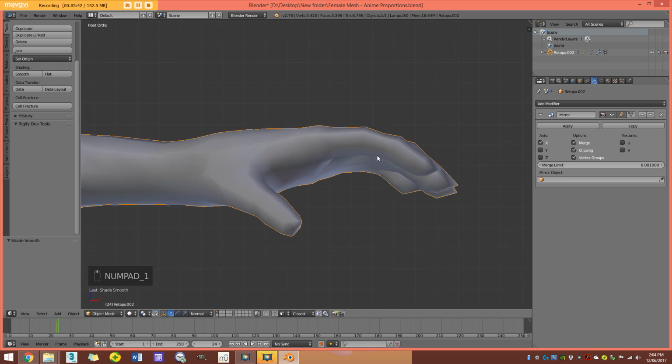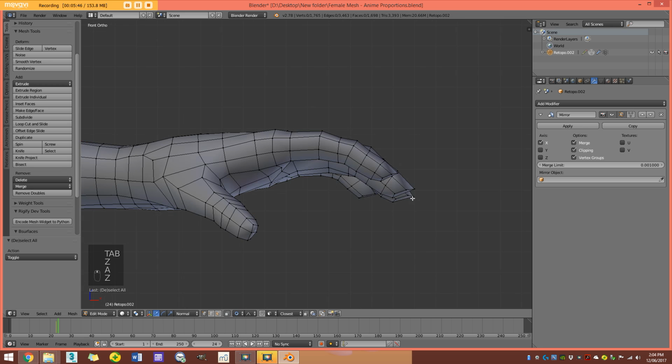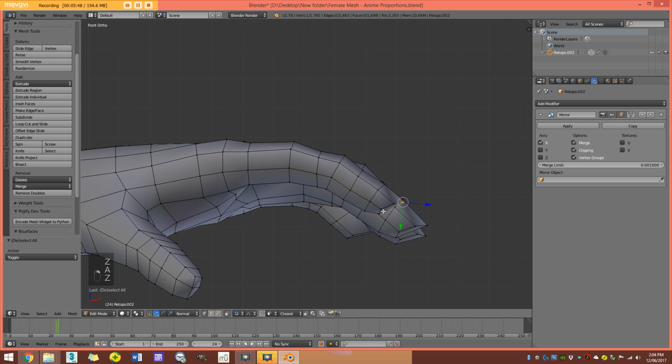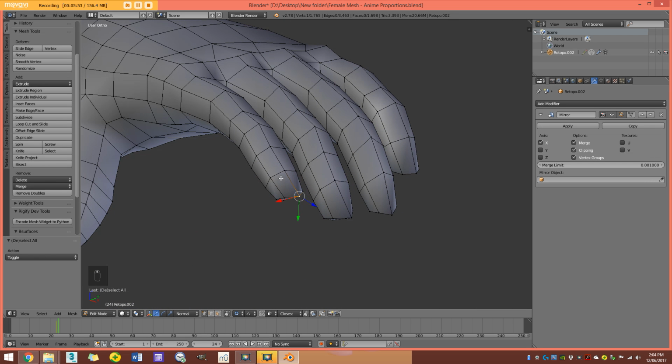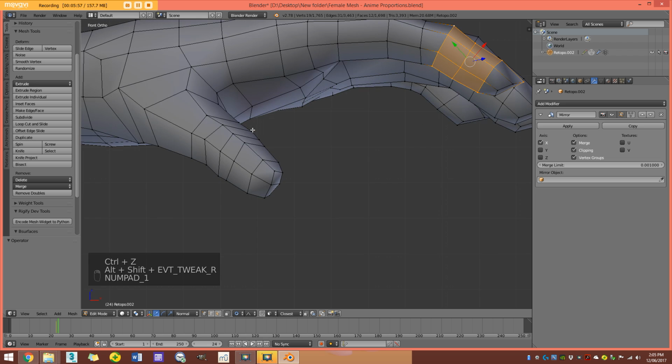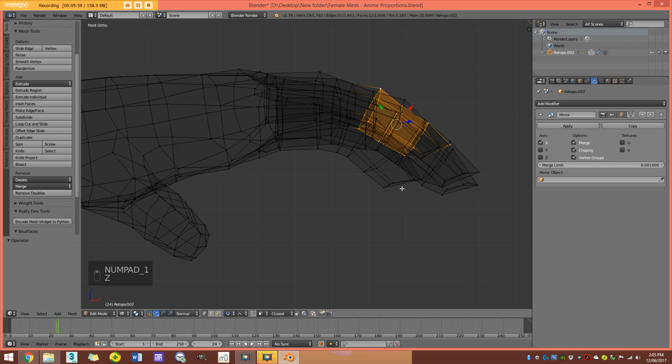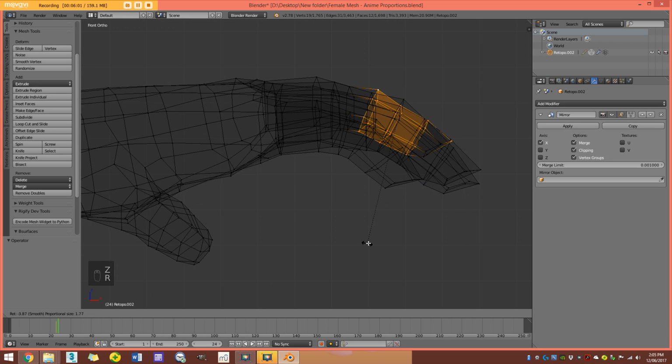Now, one thing I also want to straighten out are these hands. So I'm going to go back to edit mode. And this is the more tricky part, but just follow along with me and you'll see it's not too hard. So we're going to select this first finger here. Okay, just like about 2 loops here. Okay, then I'm going to go R,